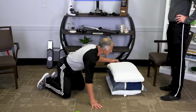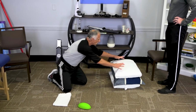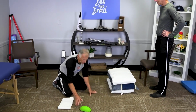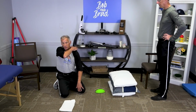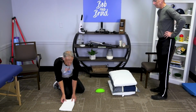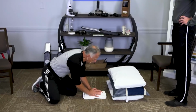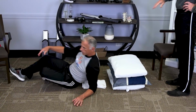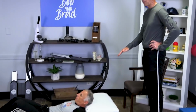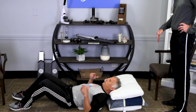It's going to be too soft, and it's not going to do what it needs to do. We can start with 3 pillows. Here we have the back pod. I'm going to start on my left side of my spine, right between the shoulder blades. And then I'm going to take a folded towel and put it there for a little cushion so it's not too aggressive. All these things are designed to blunt the force of it because eventually, hopefully, you can tolerate lying